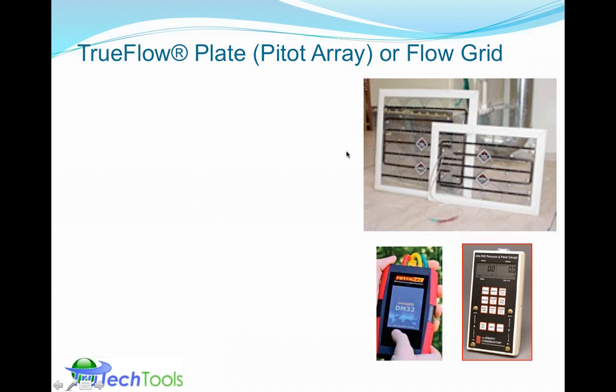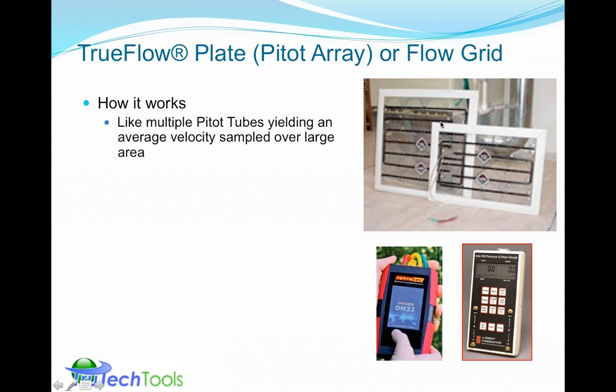The true flow plate, or the pitot array, or flow grid as they're sometimes called, is basically like multiple pitot tubes operating over a specific area in this plate, and they're sampling all the velocities at once. You can see up here the cross section, there's a cutout, there's a circle. This tube itself will have a total pressure port, and the tube behind it will have a static pressure port. So it's collecting static pressure information, collecting total pressure information, and then when you hook the